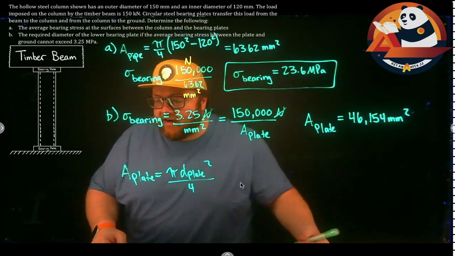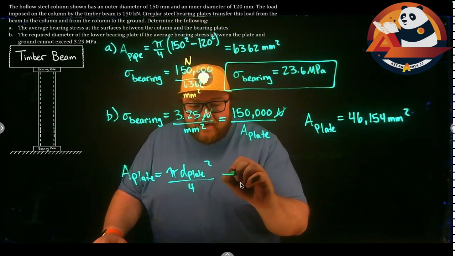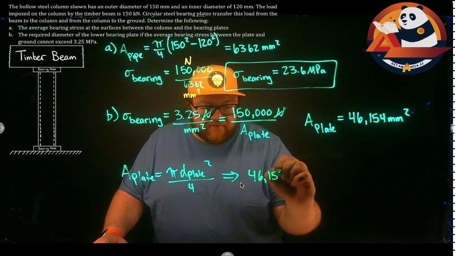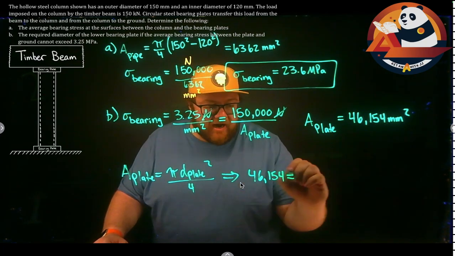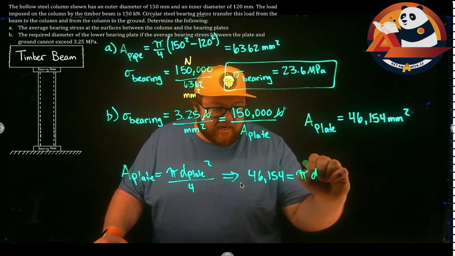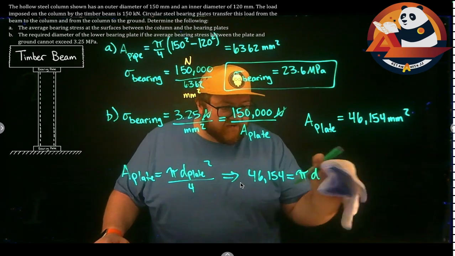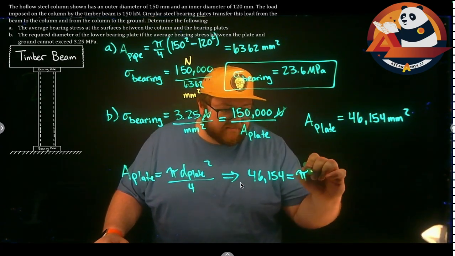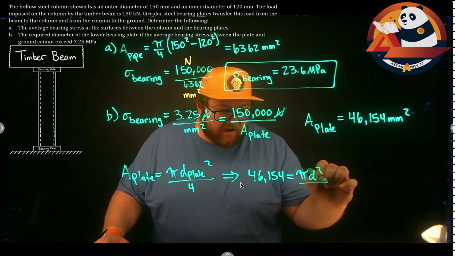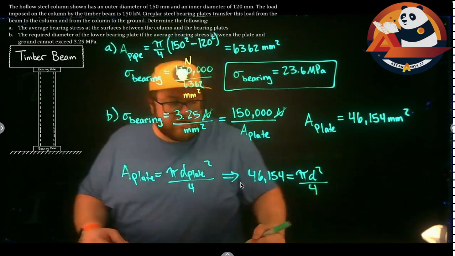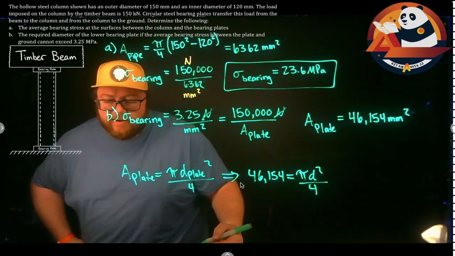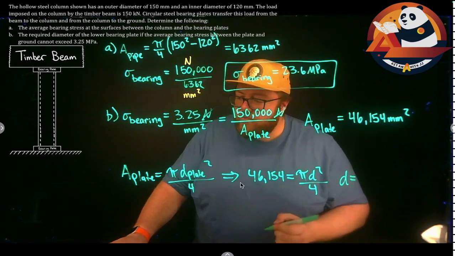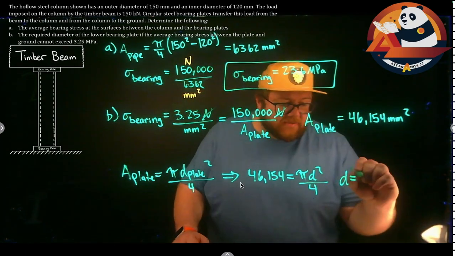I just found that area, 46,154 is pi times the diameter squared over 4. So multiply by 4, divide by pi, take the square root, and we want the positive root in here. That will give me that the diameter of this plate has to be at least